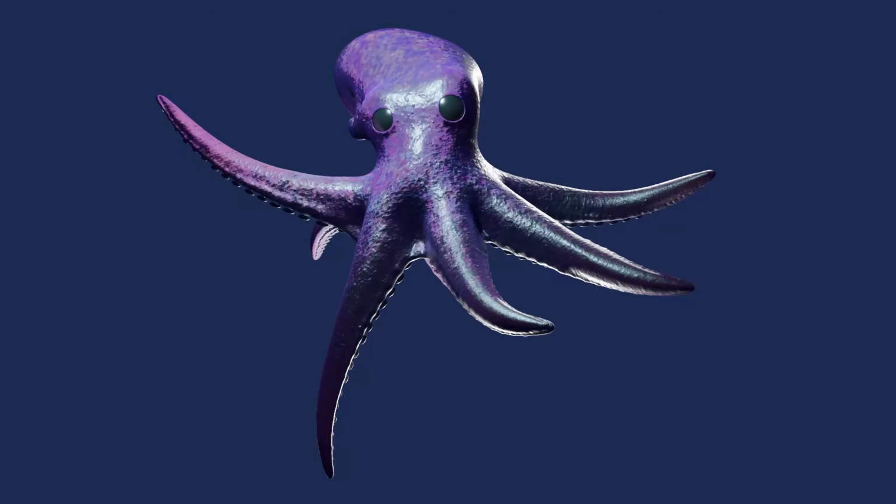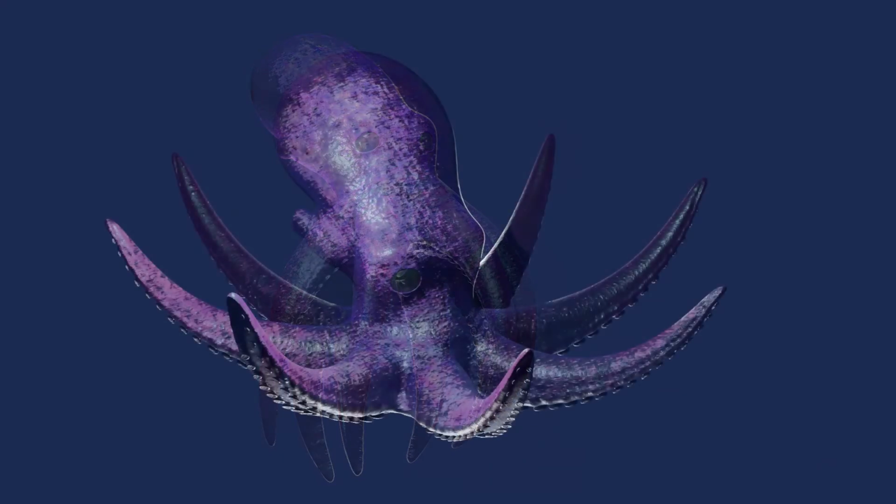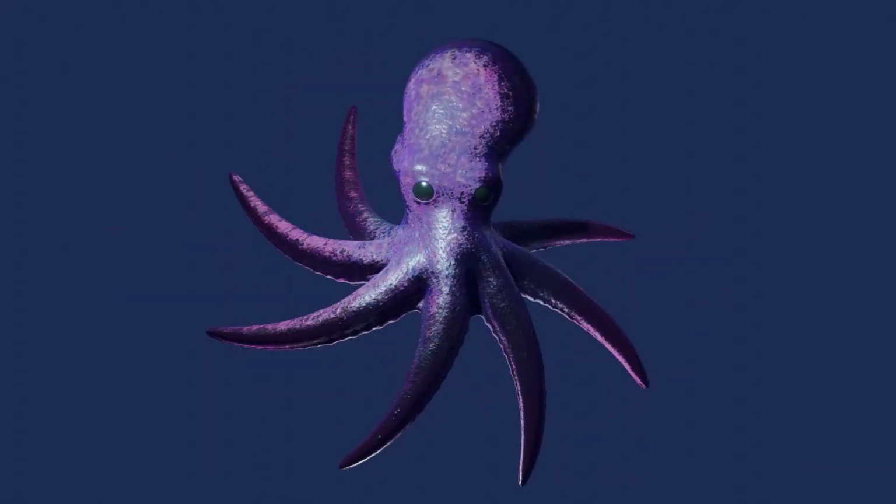There she is. Now at this point I actually thought I was done modeling, and I went on to work on the UVs for the model. But I started to notice some problems. First of all, the topology was pretty bad on the siphon, so I had to fix that while I was UV unwrapping it. And secondly, I didn't realize this at the time, but there's actually only one siphon on an